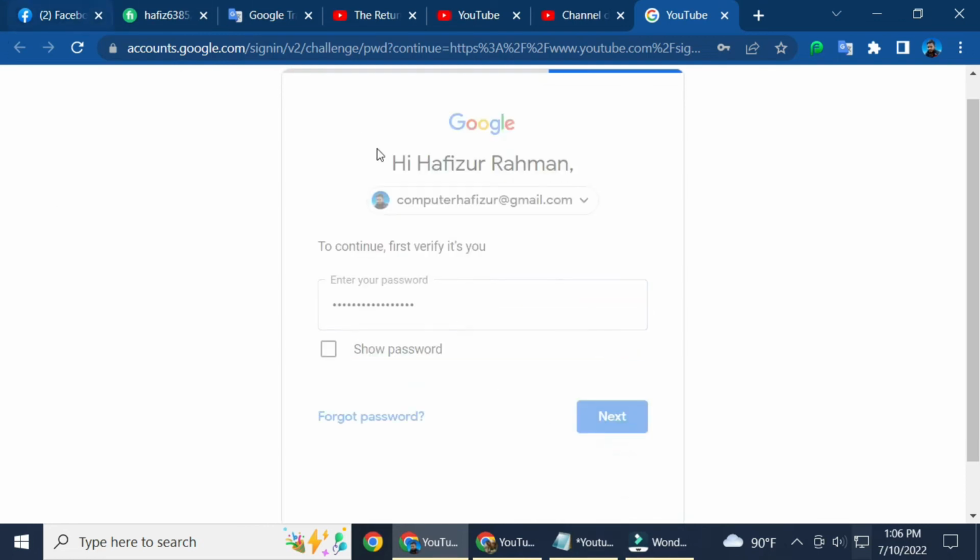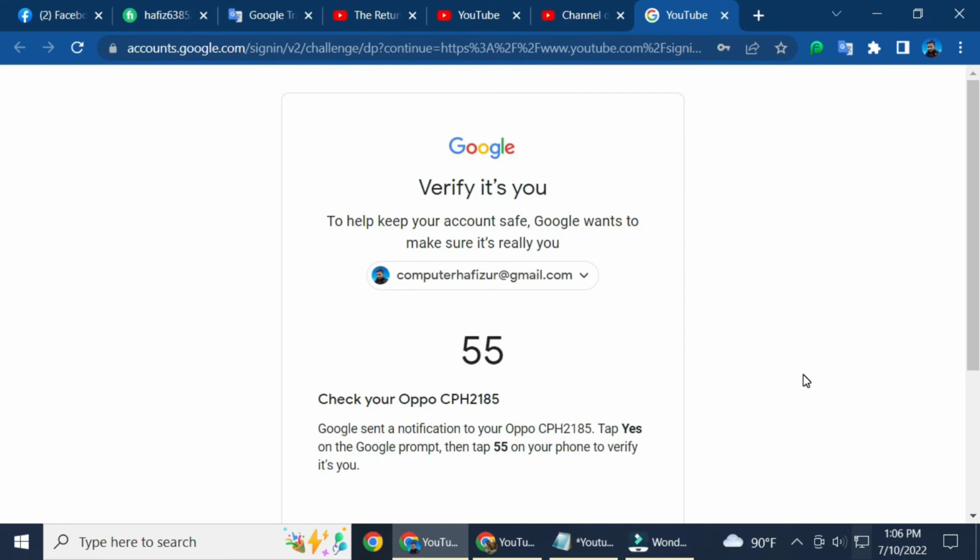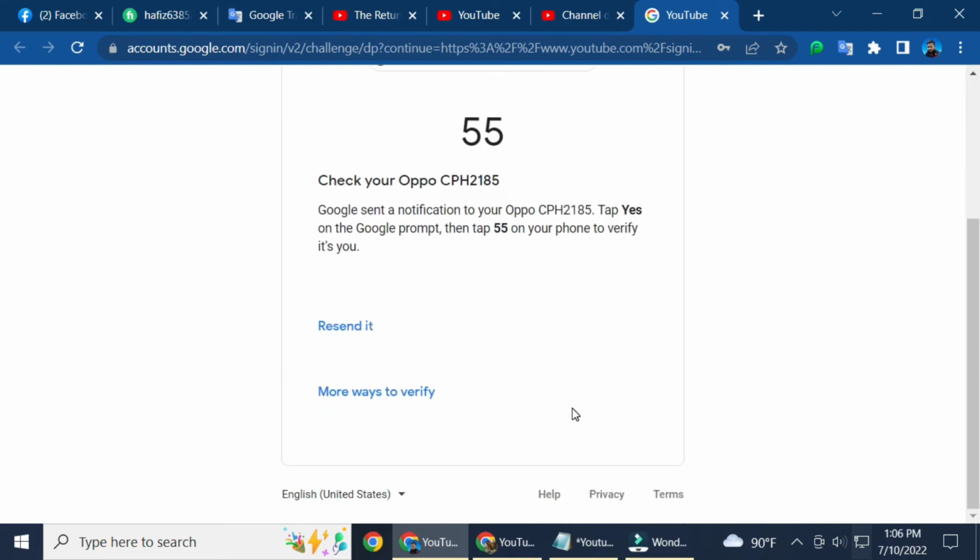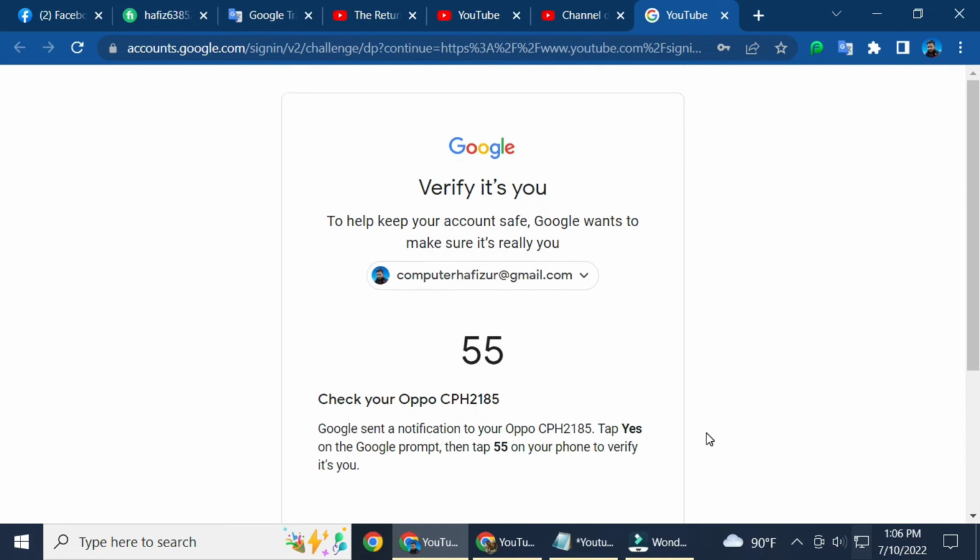Next, this is verification. Your mobile notification from Gmail shows a number, 55. You verify your number, and that is done. You will finish your